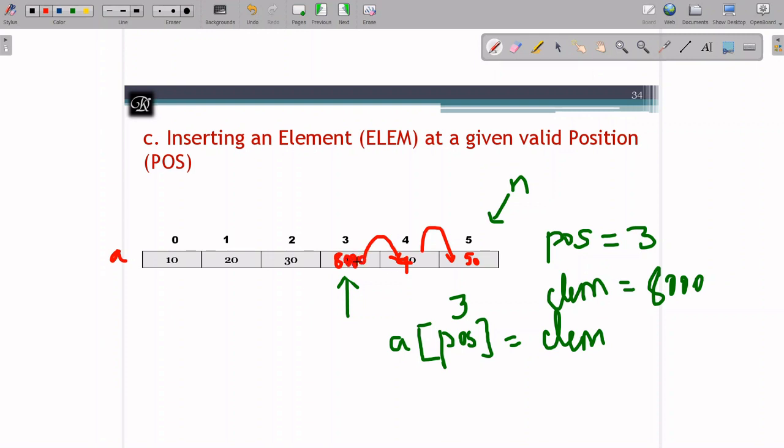So for this, what I do is, I have to shift. To shift this, I have to write some more statements. You can notice I started shifting from n location towards the lower locations. So let me take a loop where I will call this I as n, and I'm going to check I is greater than or greater than position, and I'm going to increment it.